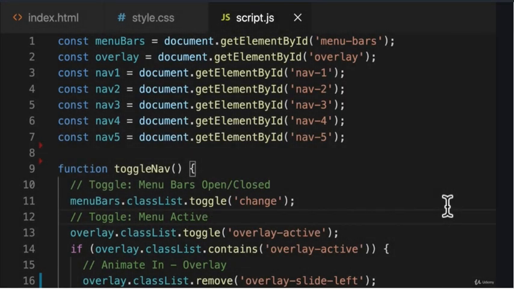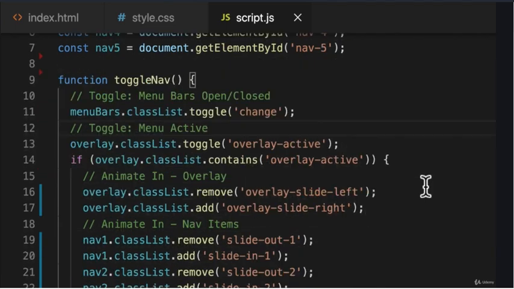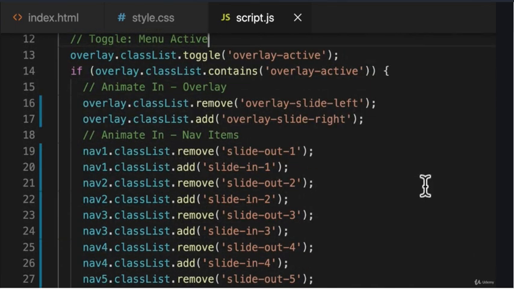Alrighty, welcome back. So as I said before, we can see in our JavaScript that we have a lot of repetitive code happening here. Within modern